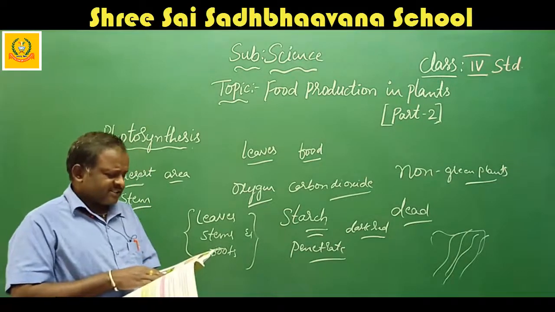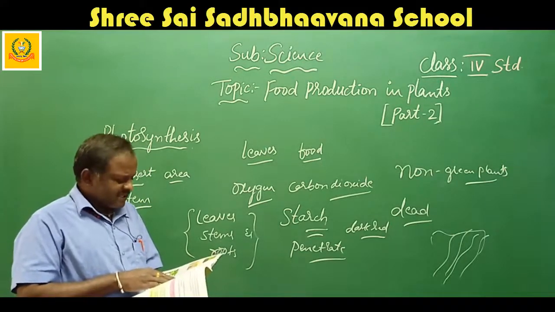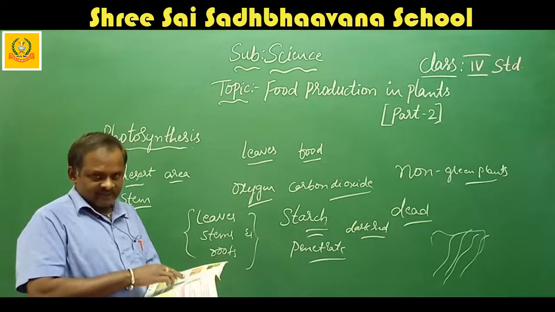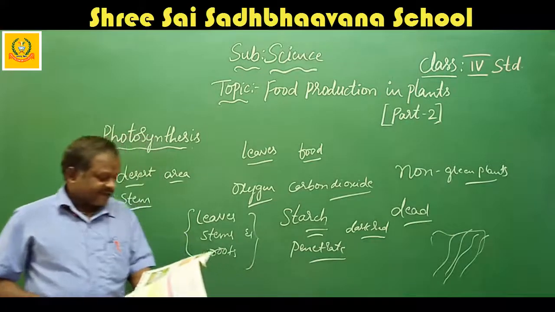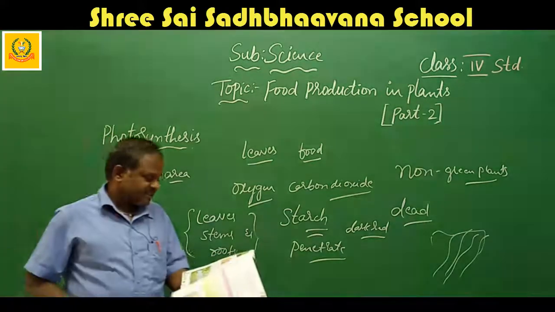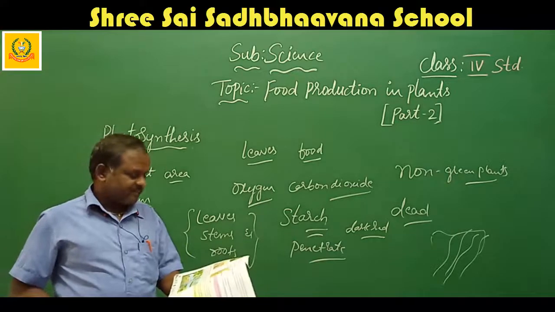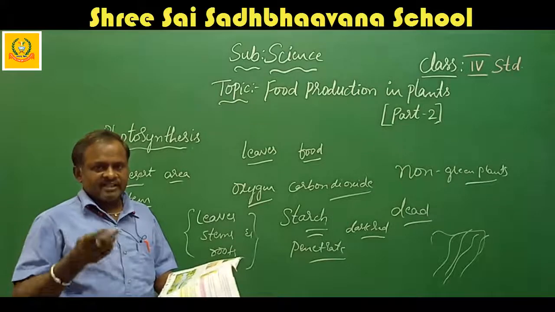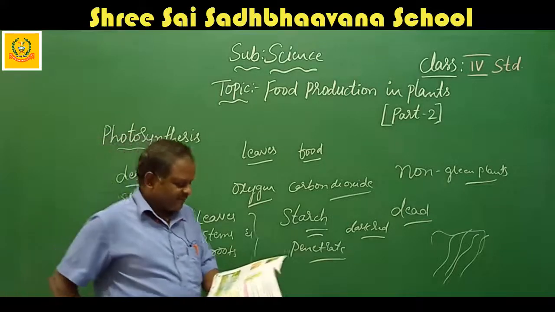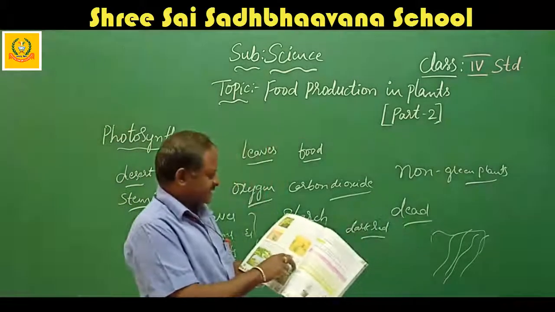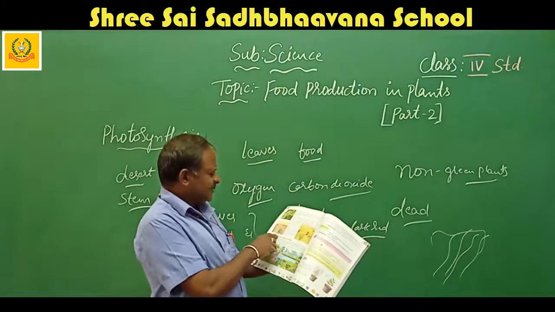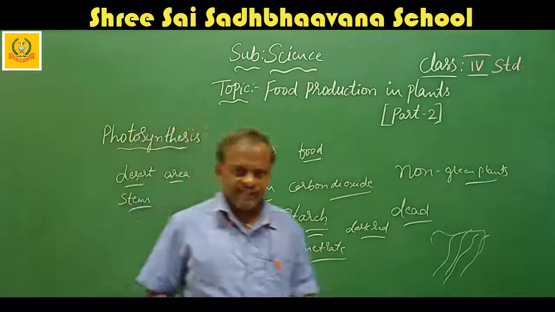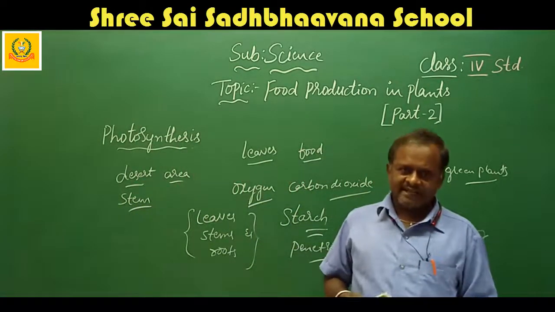The process of photosynthesis and storage of food occur in their stem. Cactus is found in desert areas where very little water is available. In the absence of water, cactus uses the food stored in fleshy stems, that is the starch, for its growth and survival. Here they are given the figures of cactus and desert plants. In the desert, wherever you see, we only get sand.